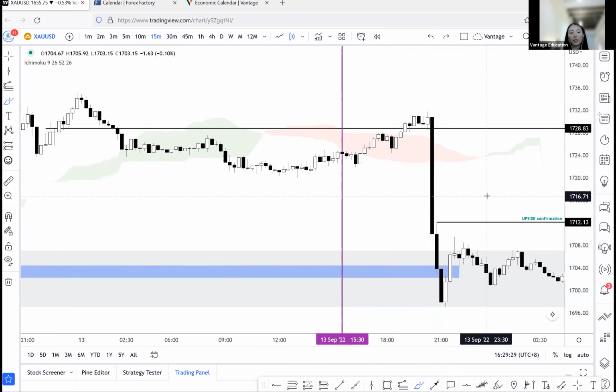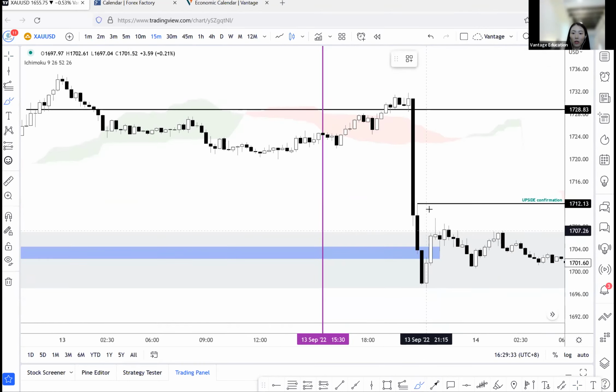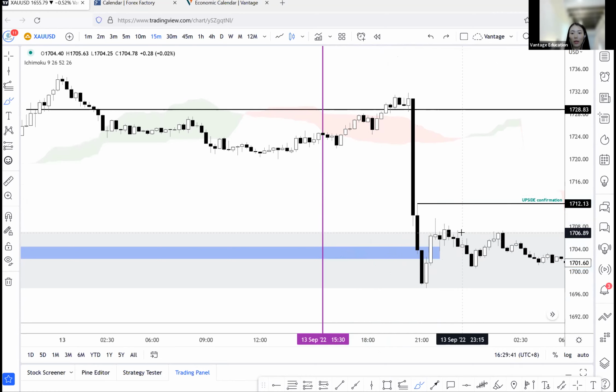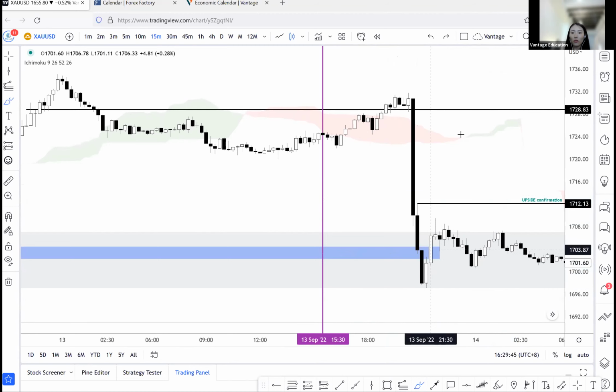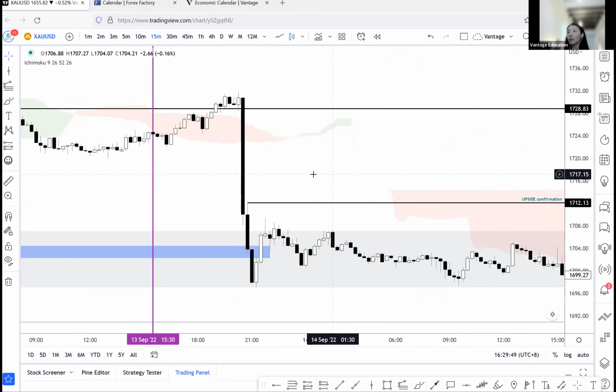But you can see in this case, this didn't happen. So this is why it's important to wait for the break above the upside in order to confirm the bullish bias, right? Given that prices are sitting on a demand area, and if price breaks above this upside, what this shows us is that demand, it's holding, right? And demand is in control for us to play a further move up. But this is not what we saw, right? You can see that on this region itself, price came in,